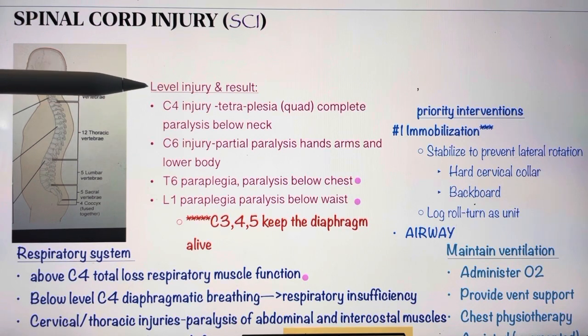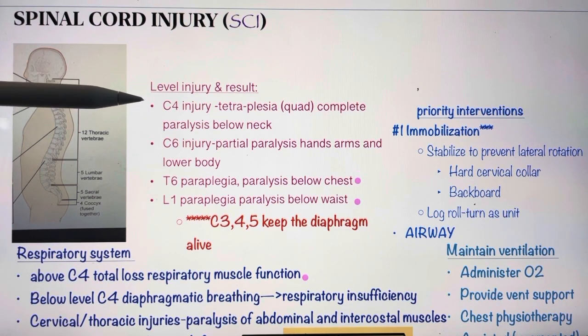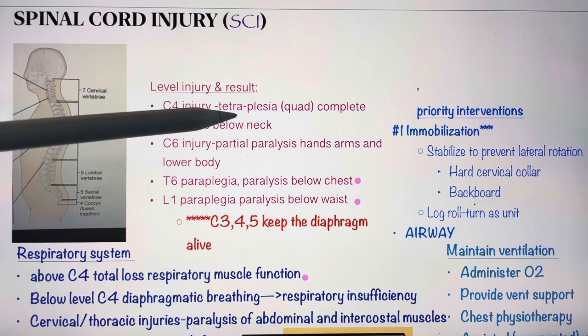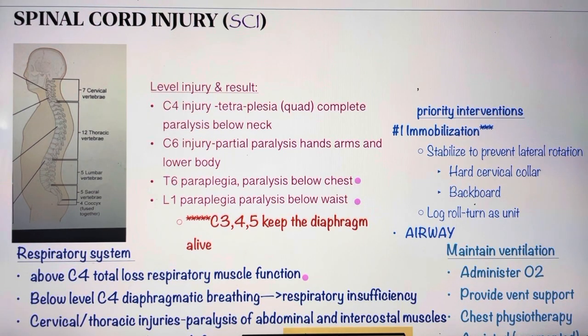So if you think about where the injury happens and what is the result of that, we can pretty much assume that anything below the injury is going to have dysfunction. So for instance, a C4 injury is considered tetraplegia or quadriplegia, and that is complete paralysis below the neck. So we're automatically going to think respiratory because the lungs are below the neck. Obviously, there's other systems we have to consider as well, but when we follow the ABC priority, airway is going